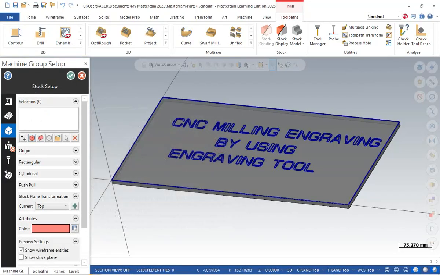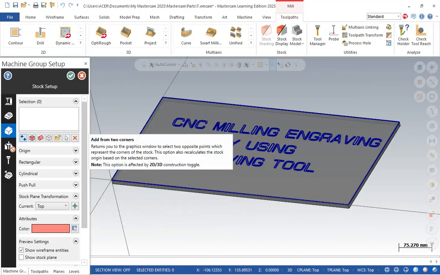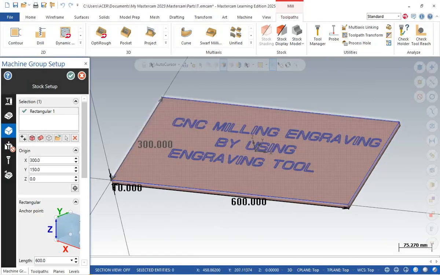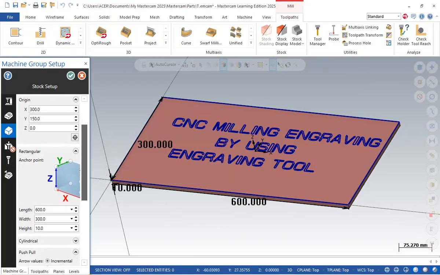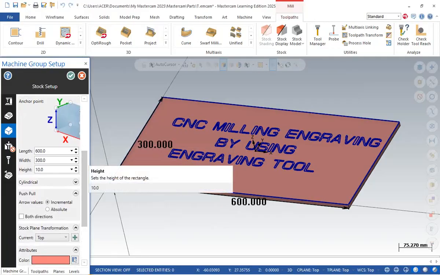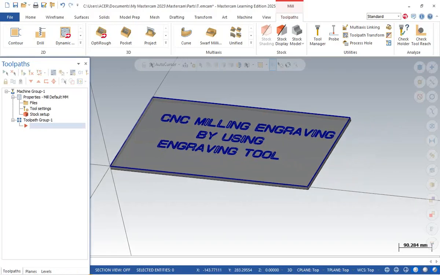The stock we can select by any methods, rectangular stock or pine method. I can make it pine method. The X length is 300, Y is 150 and Z origin is 0 and the length is 600, width is 300 and height is 10. We have to check it. Now we will go for